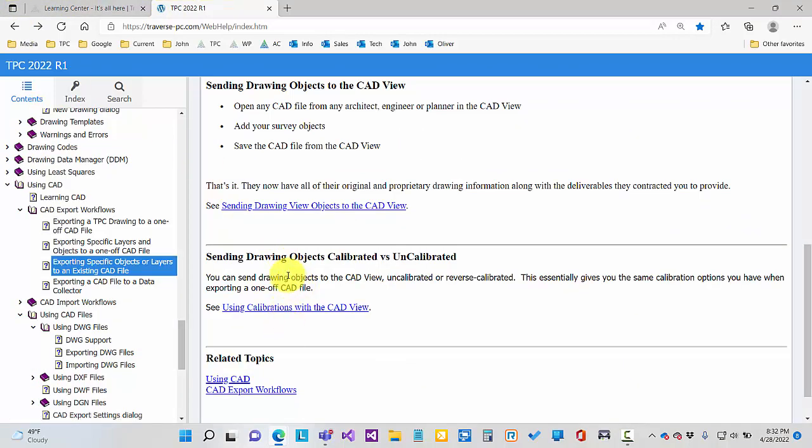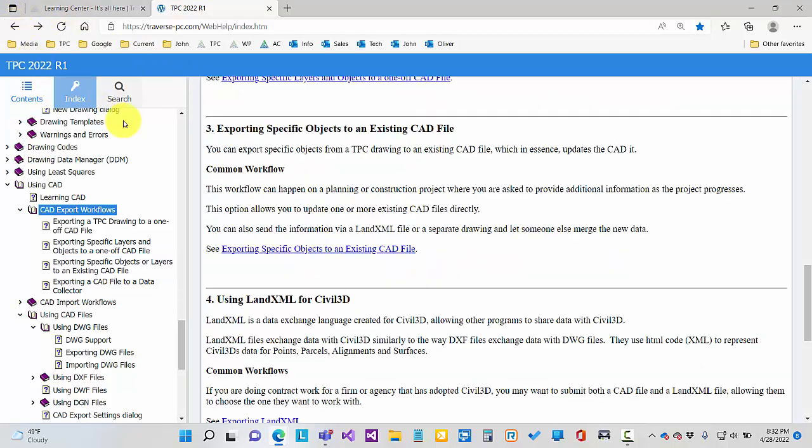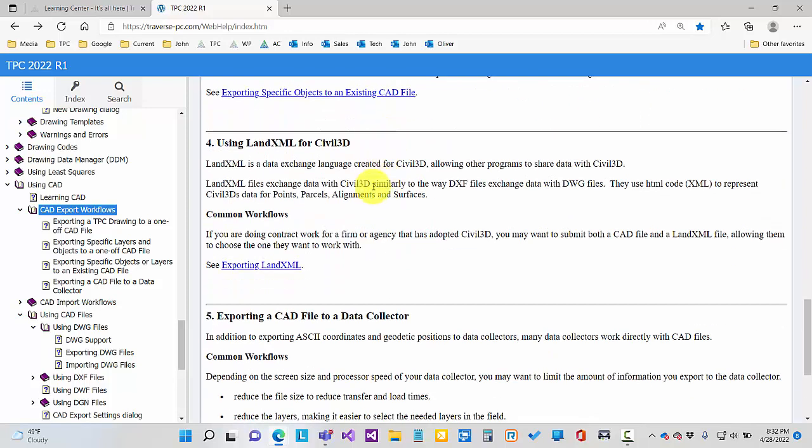Okay, I just want to look here. So we're done with that third workflow, and I'm going to go back and just take a look. Okay, exporting specific objects to an existing CAD file. Okay, so we're updating that CAD file. Pretty neat. I like that. I'm going to take just a couple more minutes. I don't know that we'll get to 5 necessarily, but let's just take a real quick look at using LandXML